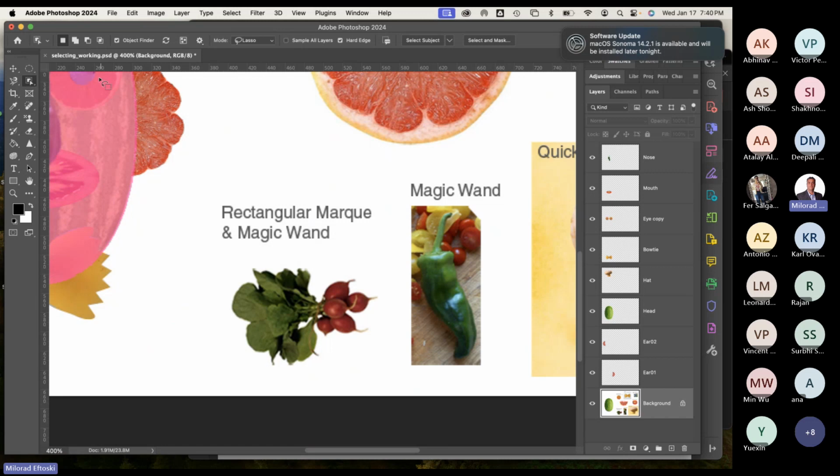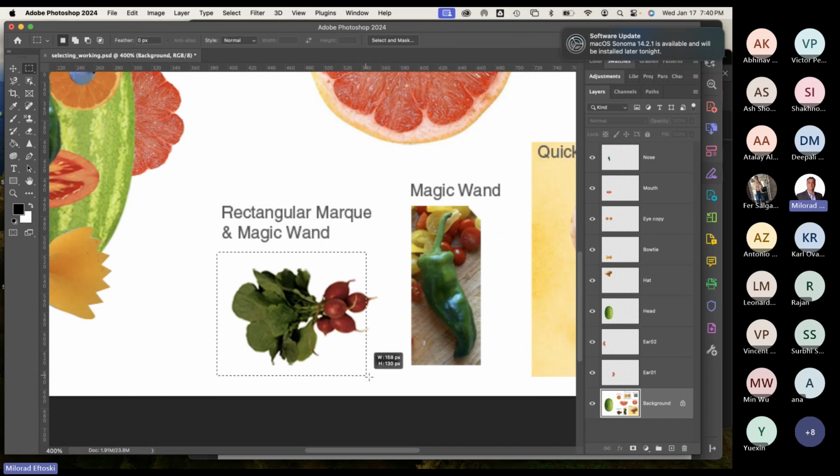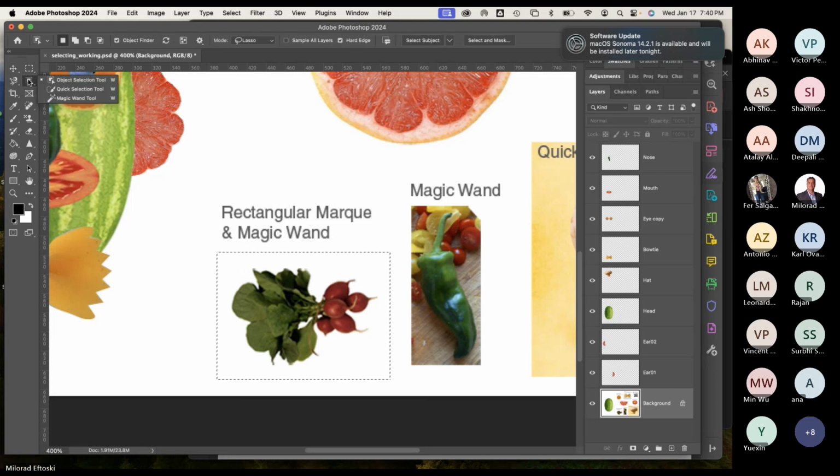Now, traditionally, this is what it's saying: rectangular marquee and magic wand. Good to know all these methods because sometimes you might have to switch it up a bit, right? So if I use the rectangular marquee tool, watch this. Rectangular marquee tool, right? I've selected my target. I'm in the background layer. You don't have to do this, just watch me. And then I switch it to the magic wand. We all know that shift adds and option subtracts. If I go